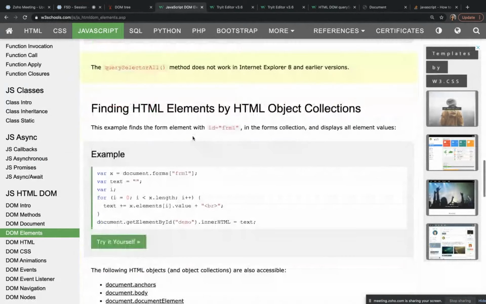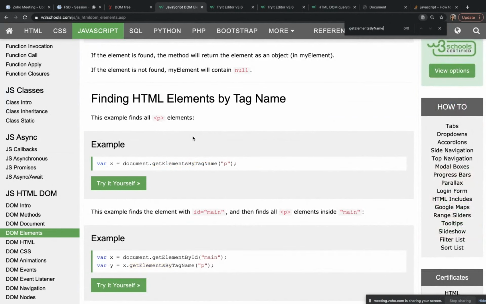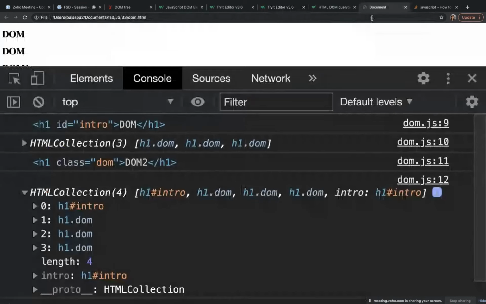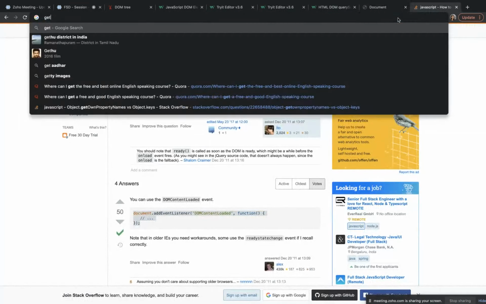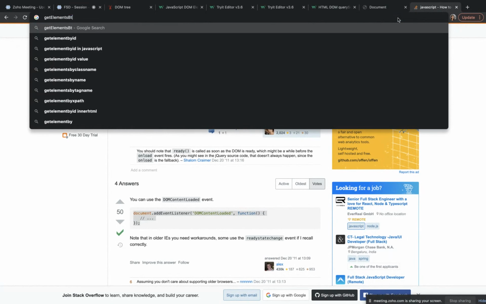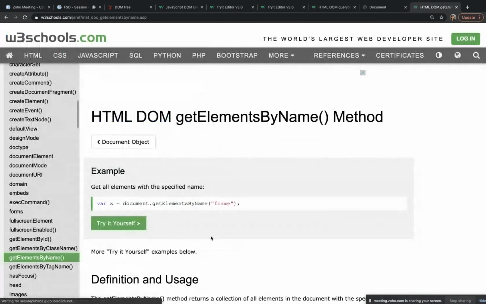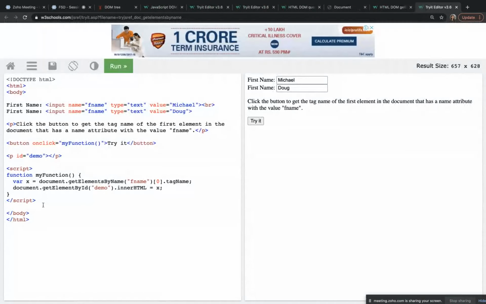Let me search if any example is there. See, if there are some input tags, I can access this input tag by get elements by name.